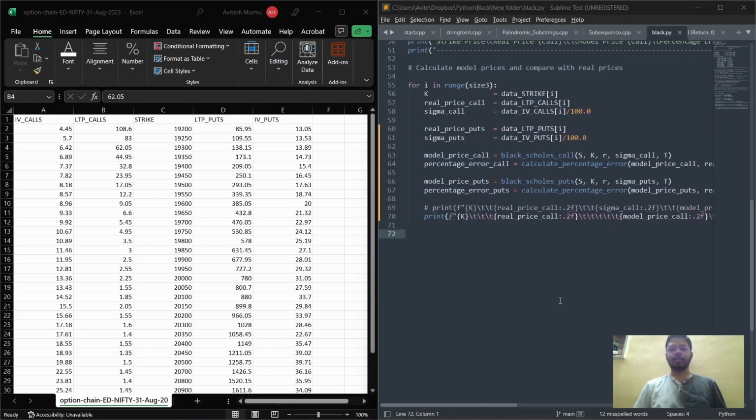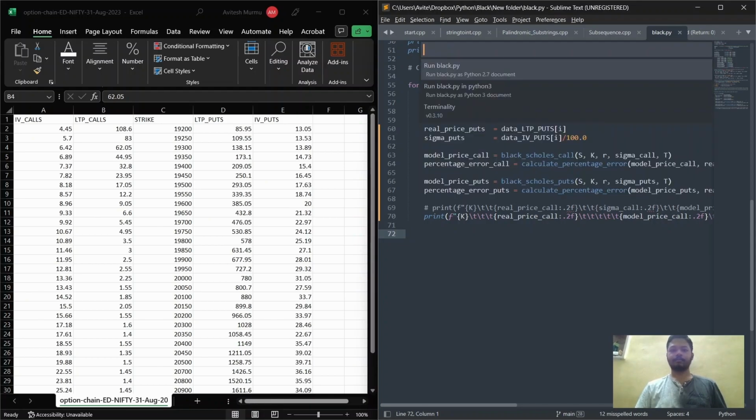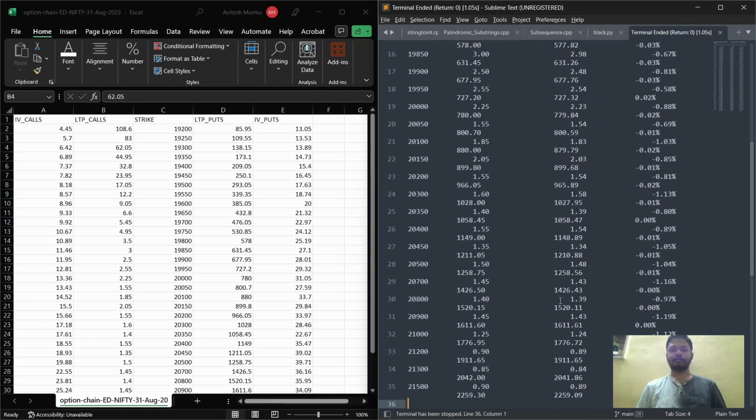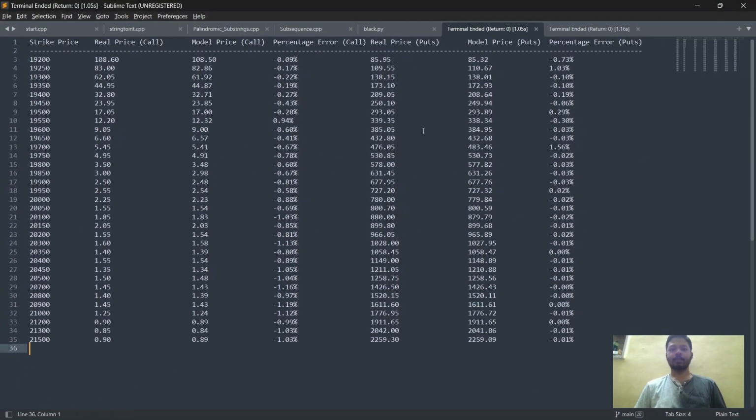Now I will demonstrate how this code works. As we can see, for strike price of 19,200, we have a real price at 108.60, but the model price is 108.50, which is nearly close to 0.